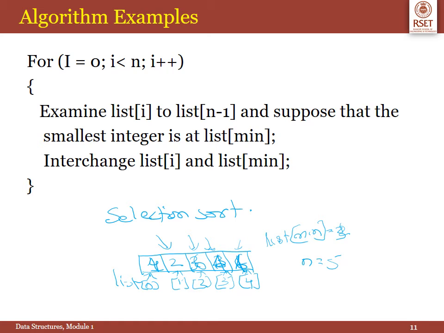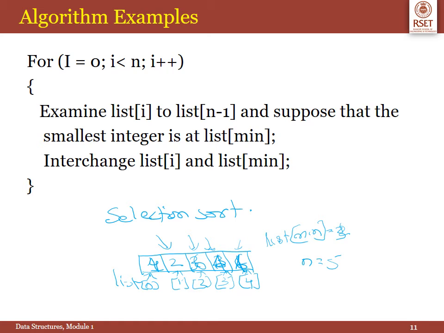So list[0] is 4, list[1] is 2, list[2] is 6, list[3] is 3, and list[4] value is 1. This algorithm starts a loop at i equal to 0, i less than n, where my n value will be 5,